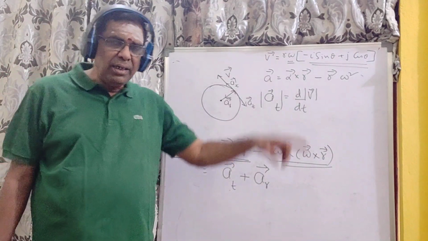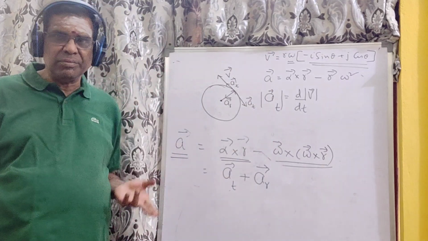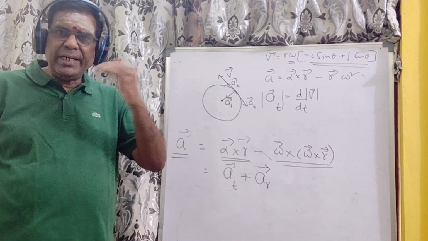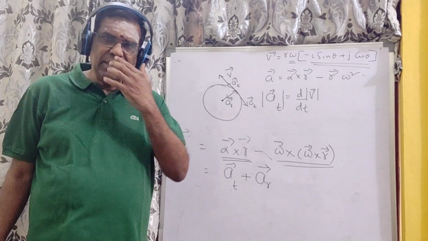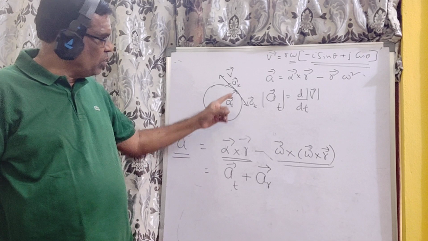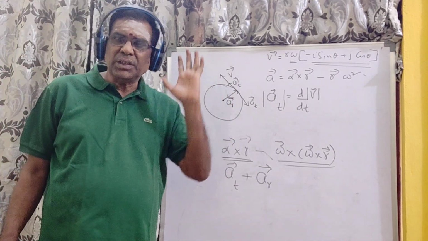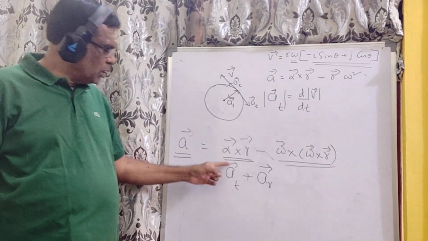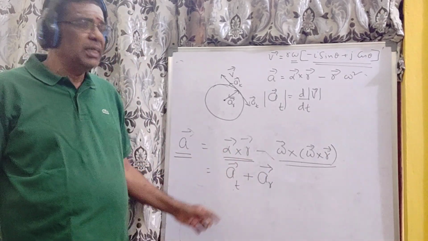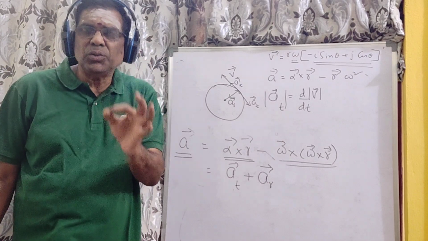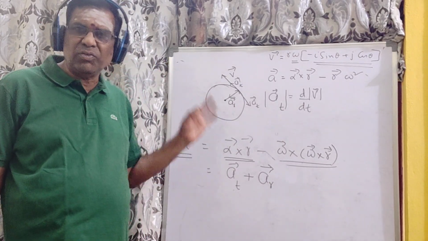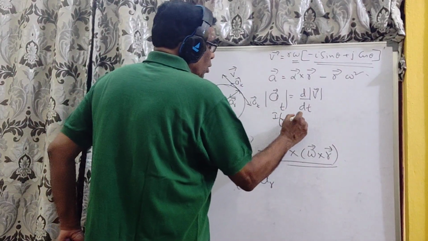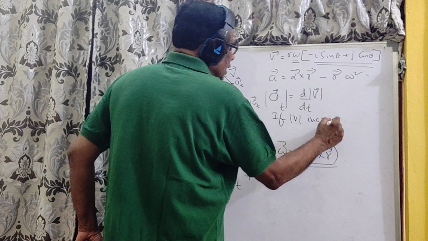When a particle is in circular motion, now do not get confused by the word rotatory motion. I will discuss that later on. As of now, we will focus only on circular motion. Okay? Now, the circular motion we saw, we got two terms. First term is exclusively due to change in magnitude of velocity. If mod v increases,